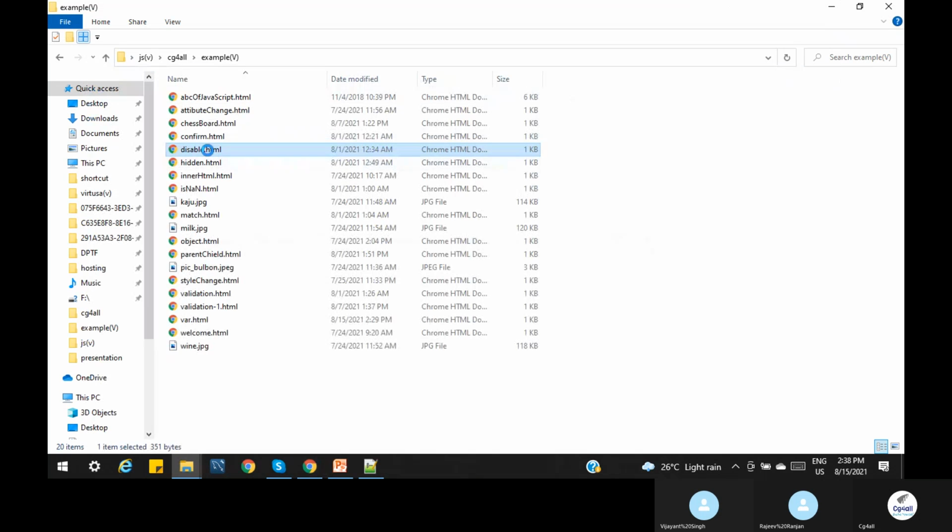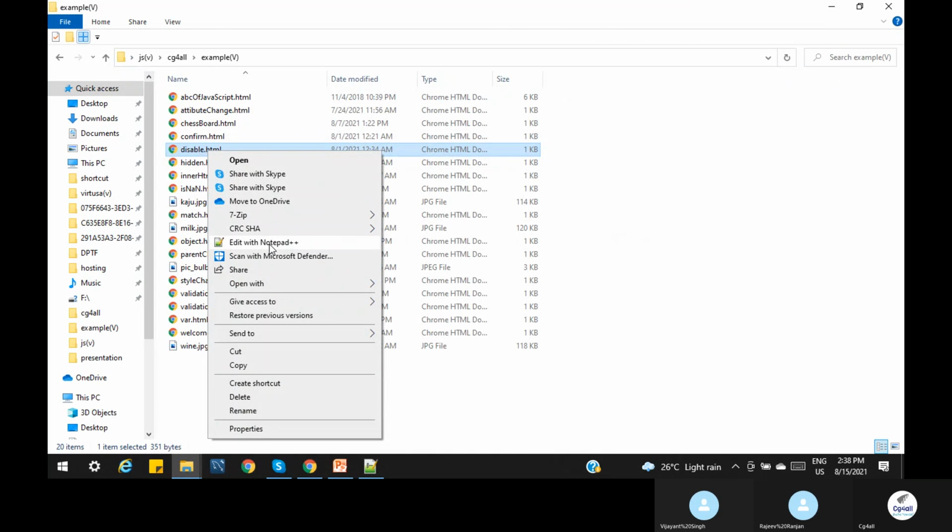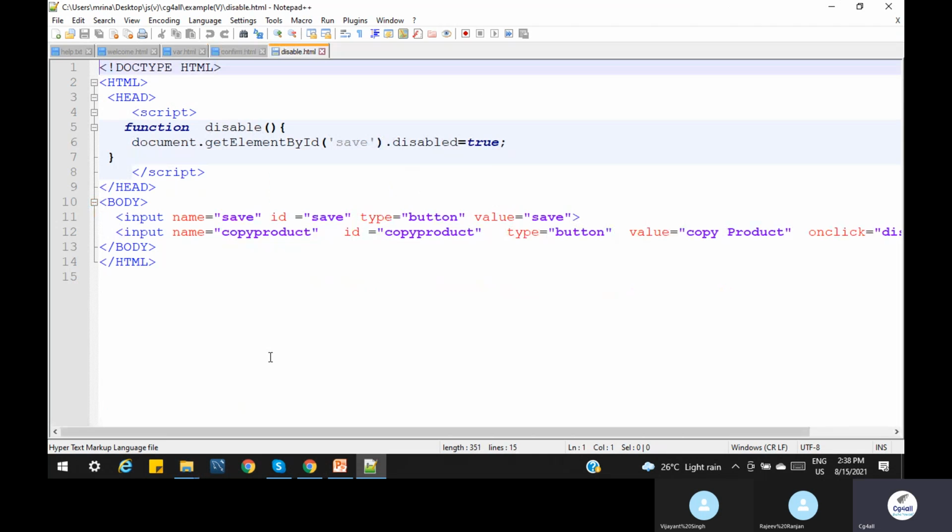How to achieve it? Let's understand with an example. First, we need two buttons: one is the save button, one is copy product. We know how to create an HTML element. So name is equal to save, ID is equal to save, type is equal to button, and value is save.